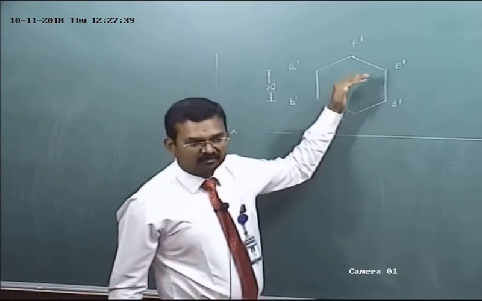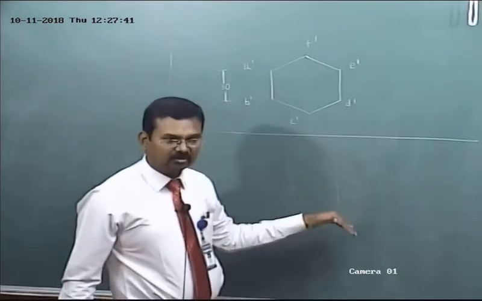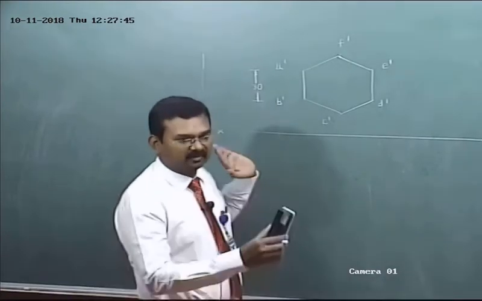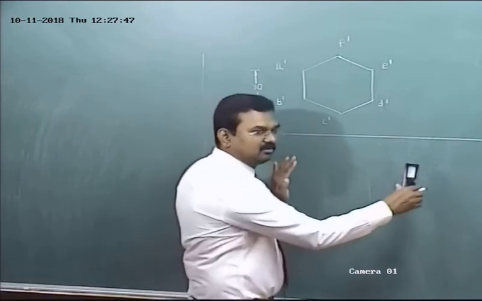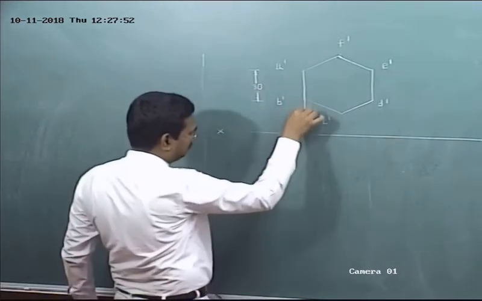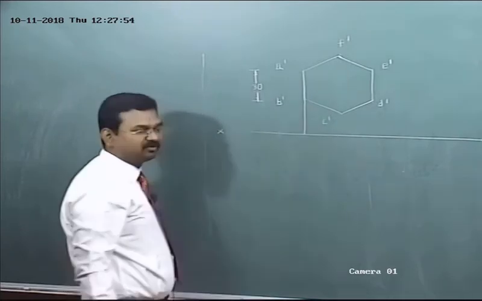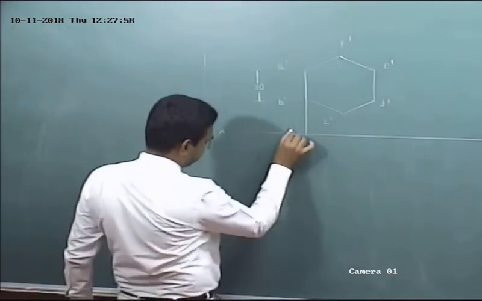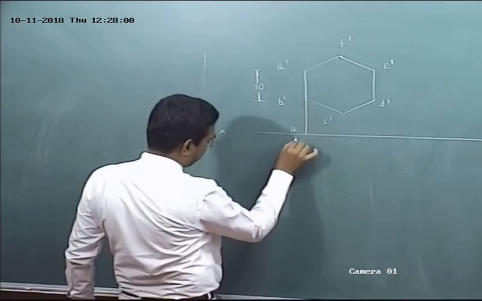From the corners A dash, B dash, C dash, D dash, E dash, F dash, draw vertical lines to cut XY at A, B, C, D, isn't it? Because what's our assumption? The plane surface is placed on VP. So from A dash, draw a vertical line. What about the projector drawn from B dash? It lies on A dash, so no need to draw a separate projector. So A dash, A, B.